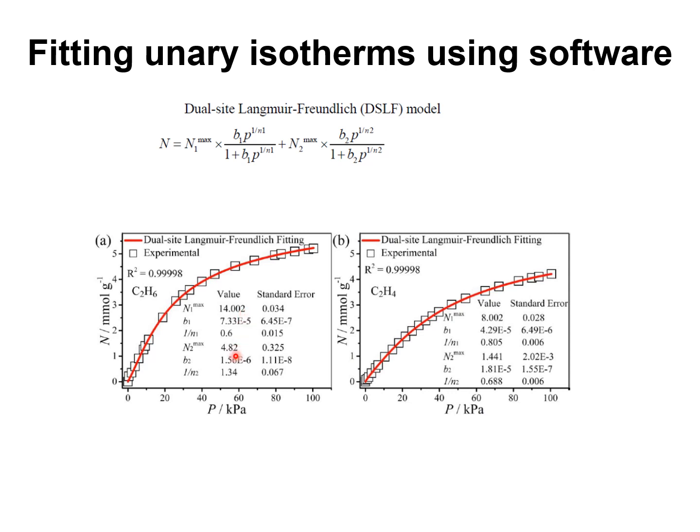14.002, 4.82, and we see that the experimental data only shows a saturation capacity which is perhaps 5.5 for ethane and 4.5 or thereabouts for ethylene. So asking a software to fit the parameters yields saturation capacities and Freundlich exponents that do not seem to have